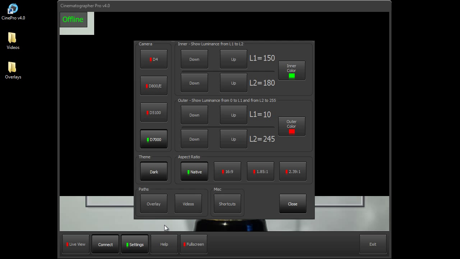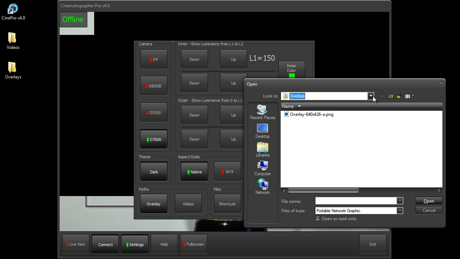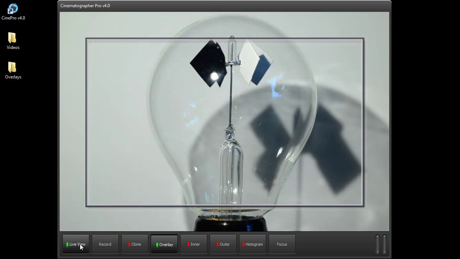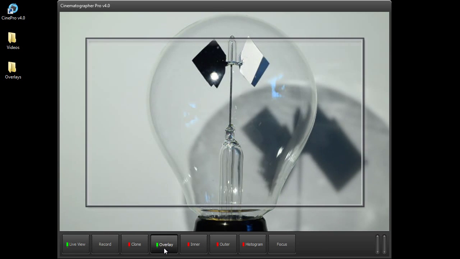Now in Control My Nikon, we tell it to use that particular PNG image by going to Overlay, and then browse for it, and here I have it right here. It's important that you create your overlay image with the same dimensions as the live view. So here it's 640 by 426, and this is how large the live view image is when it's displayed within Cinematographer Pro. So we'll just select this, close it, turn on live view, and then you could turn this on